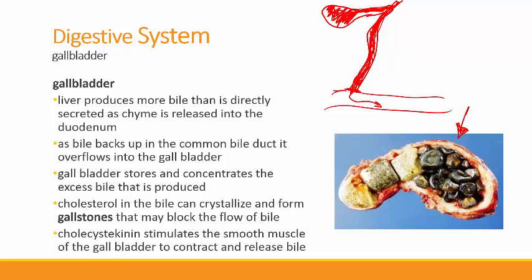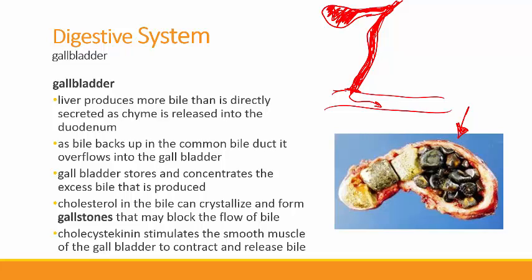Now, as we concentrate the bile, the cholesterol and other salts that are found in the bile become more concentrated, which makes it easier for them to crystallize and come out of solution, so that they're no longer dissolved, but instead will accrete, collect, and form gallstones